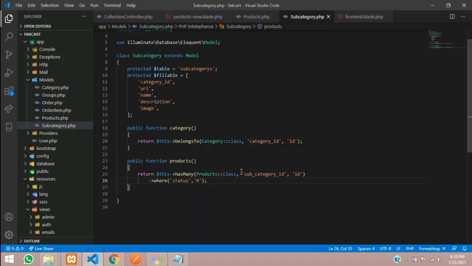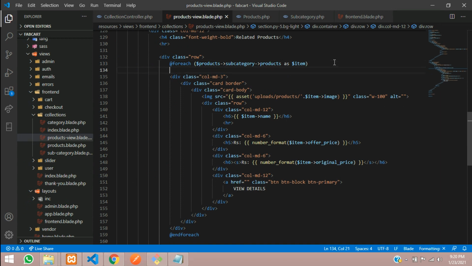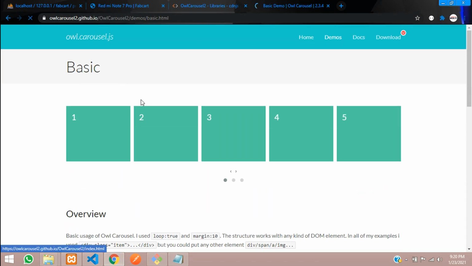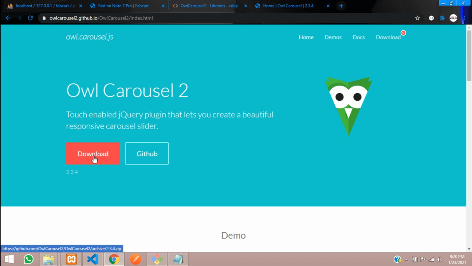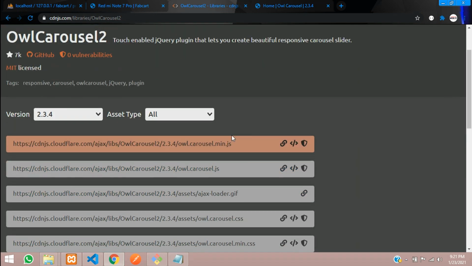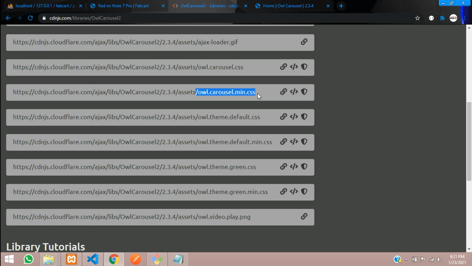Let's go back to a VS Code and let me just show you. Let's include this in a slider. So how will you include that? So it's very simple. You can use the owl carousel to use this. So over here you can go to its owl carousel documentation, and from home page you can download this and start using it. So I have included the CDN links of it. So in this CDN link, I just need three CDN links. One is min.js file owl carousel, and one is min.css, and one is theme default.css file. So these 3 files we required it.